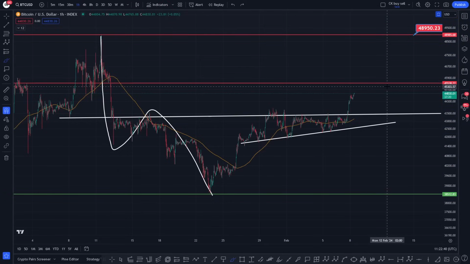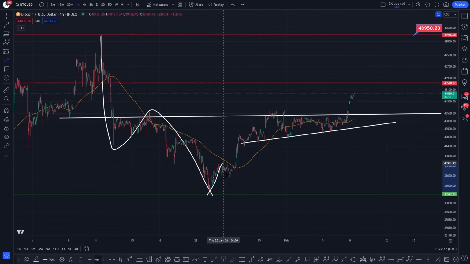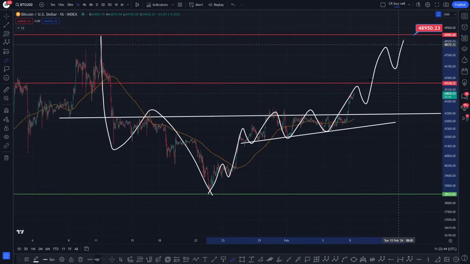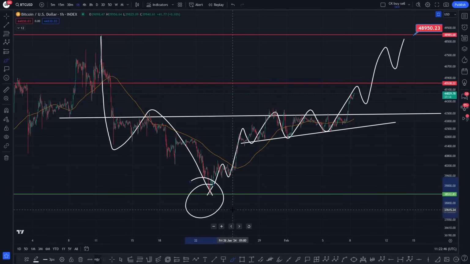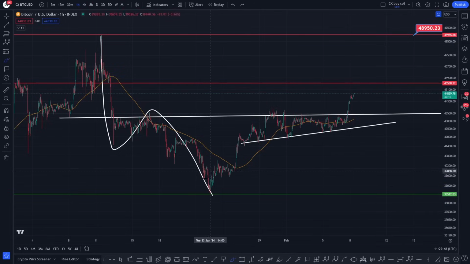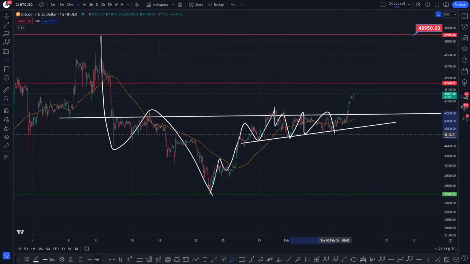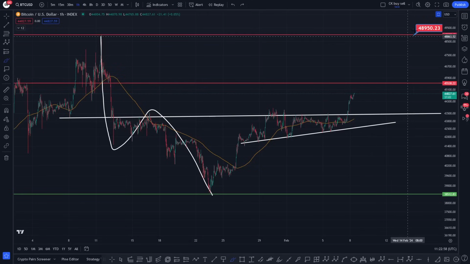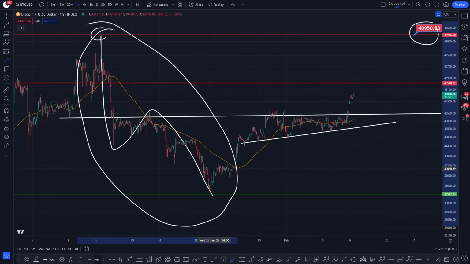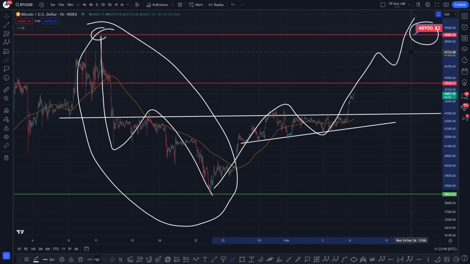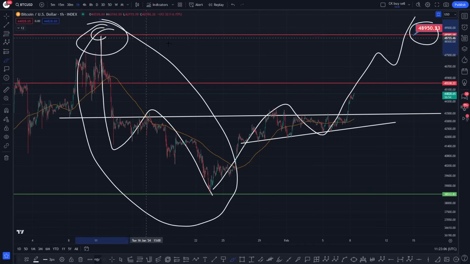So to confirm that, what we have to see for Bitcoin is basically making a series of higher lows as she goes and holding this low from which we've come. Really simple technical analysis, okay. So what we've got here is a 1, a 2, a 3, a 4, and a 5. An ABC zigzag, and right now possibly some kind of 1, flat 2, and right now this is coming up like this, okay. So if we do start to come up for Bitcoin and we take out that resistance point just there, then this was an ABC zigzag, and right now this is another impulsive move coming up. If we do take out this high just there, I think Bitcoin could go parabolic basically.